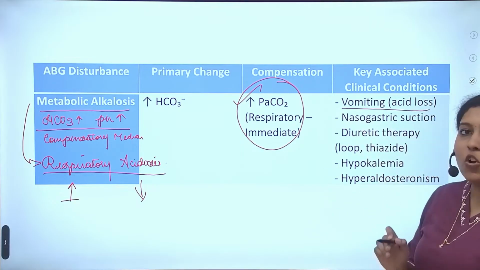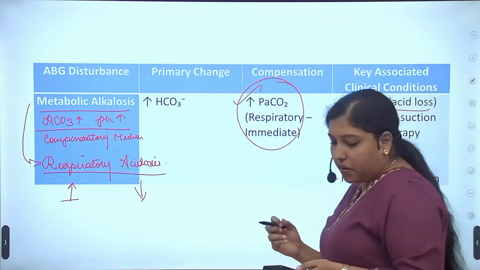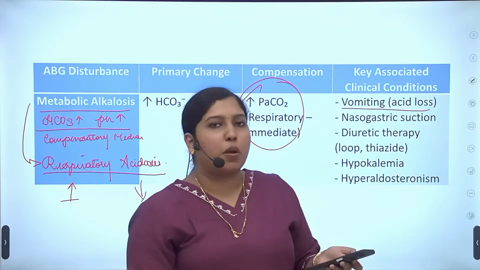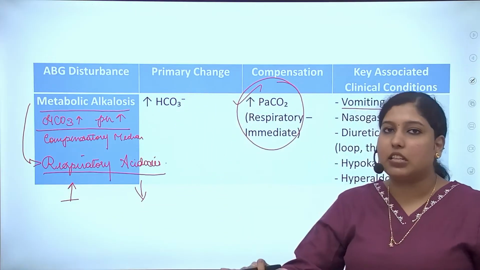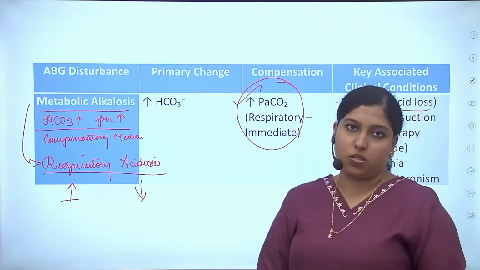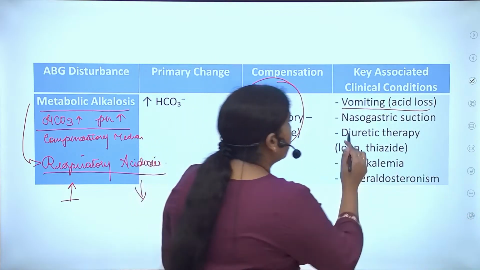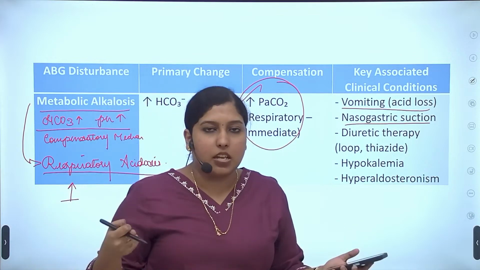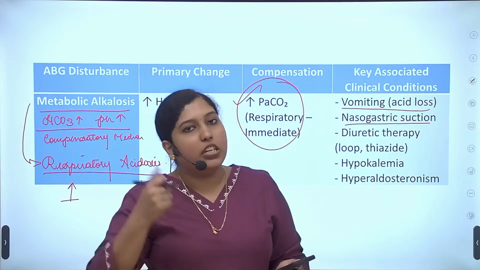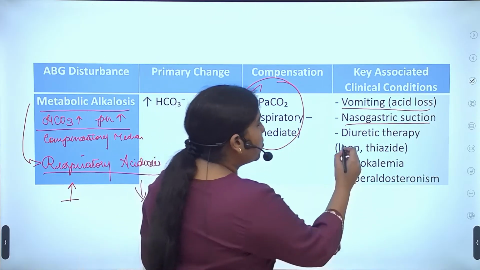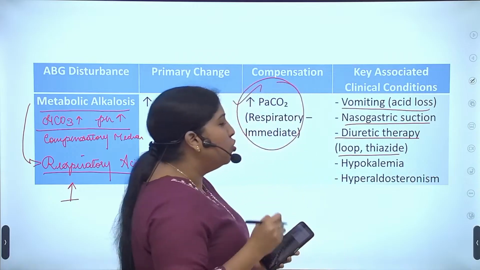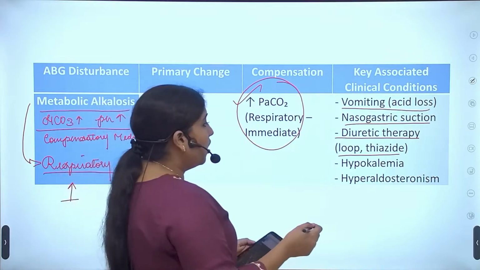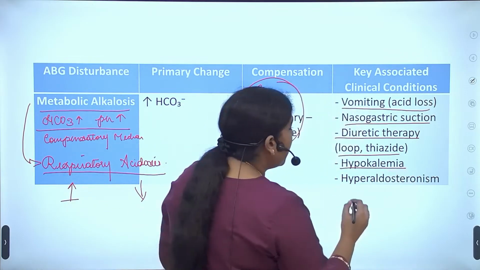First is vomiting. In vomiting, what will happen? If I am continuously vomiting, excessive acid is lost from my body, which causes a decline in the acid level in my body and leads to alkalosis. And in case of nasogastric suctioning, I keep on suctioning and removing all the stomach acids, which declines the acid level and leads to metabolic alkalosis. In case of diuretic therapy, such as loop and thiazide diuretics, in that case also, there will be metabolic alkalosis. In case of hypokalemia and in case of